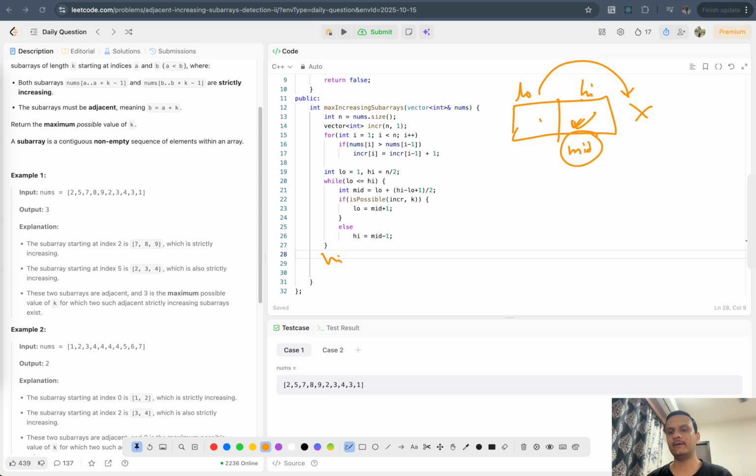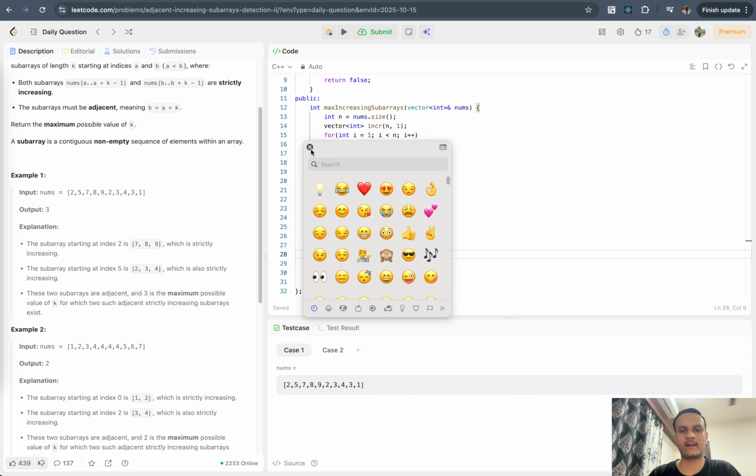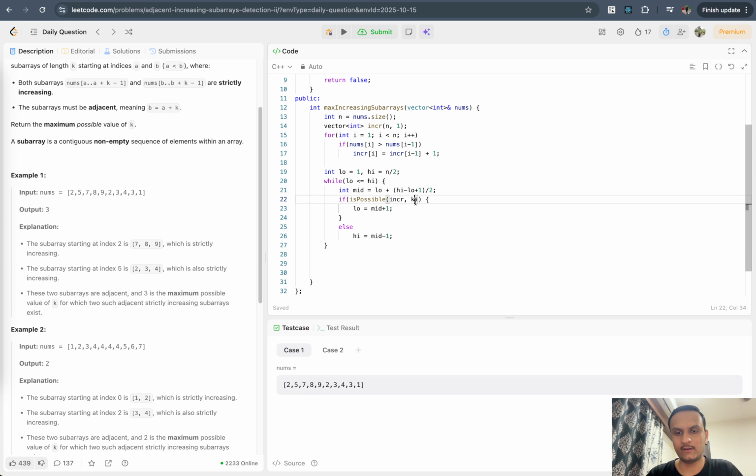Done. Okay, if it is not possible, then what will we do? We will move high to mid minus 1, which will be here, and mid will be the same, and it should be possible obviously, and after it's possible, we will move this low pointer ahead, and high pointer will be our answer. So we will be checking high pointer only. So I have explained using dry run examples. Here also we have to pass mid here. Okay, so at the end we have to return